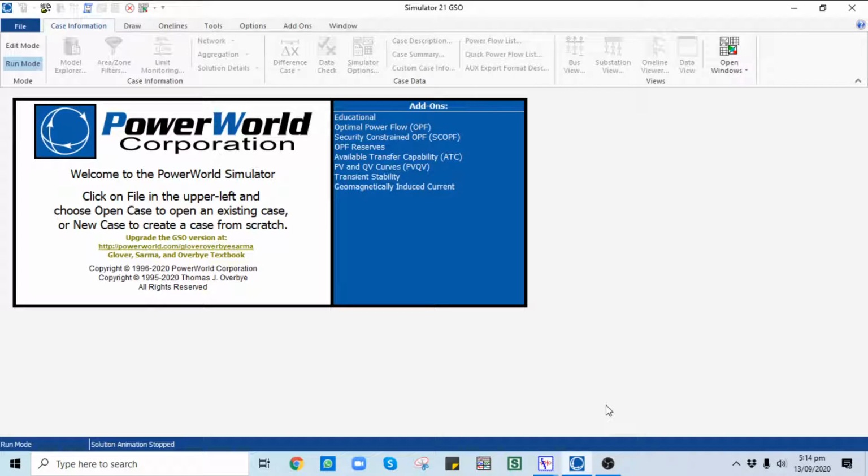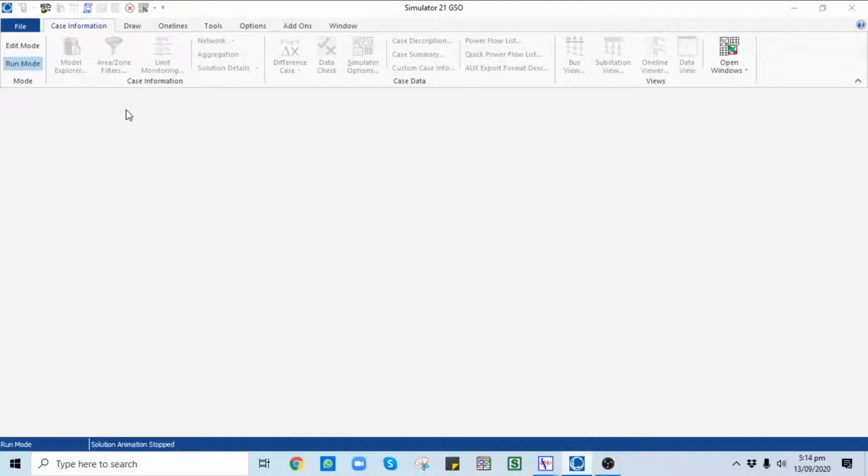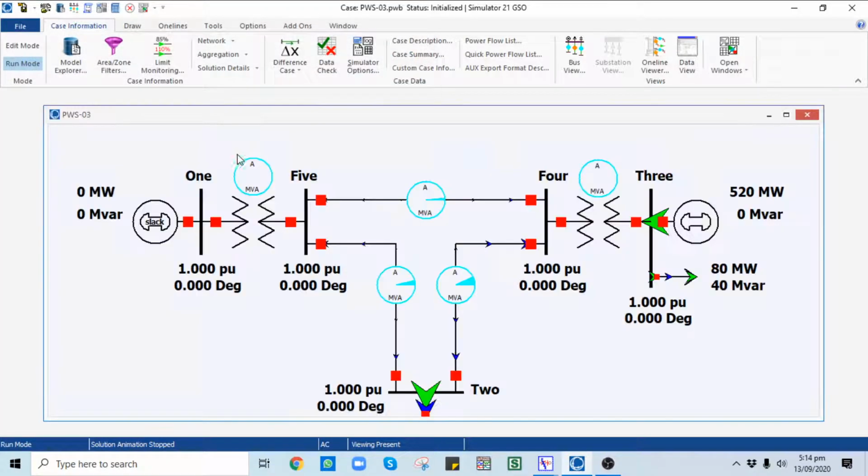So in order to analyze the different solution methods, open a case, go to the file menu, and similarly open a one line diagram, power display file.